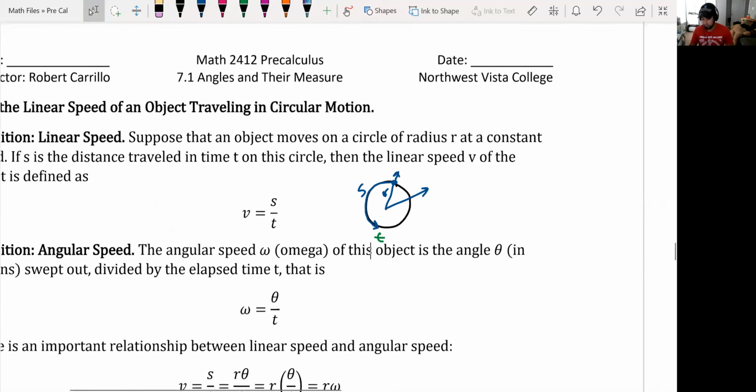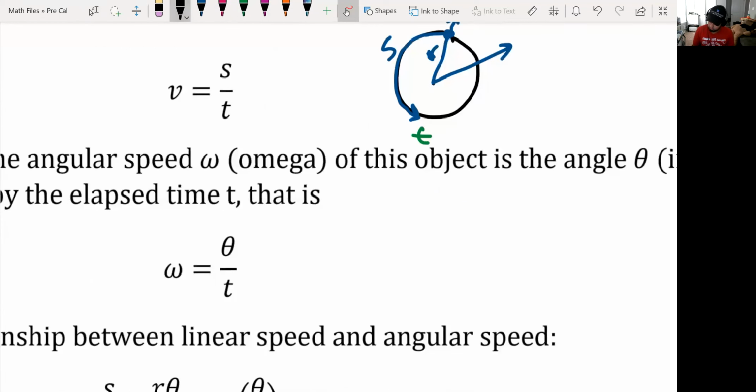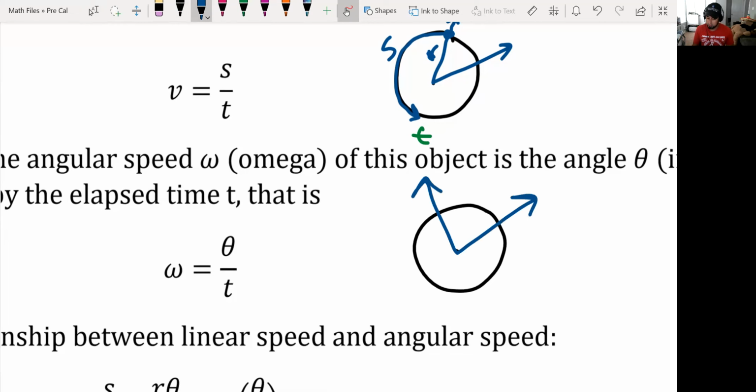So for angular speed, there's my circle again. But this time, we're looking at how fast this angle is getting swept out as it moves along with the object. So how much of the angle is being swept out? So to know that,